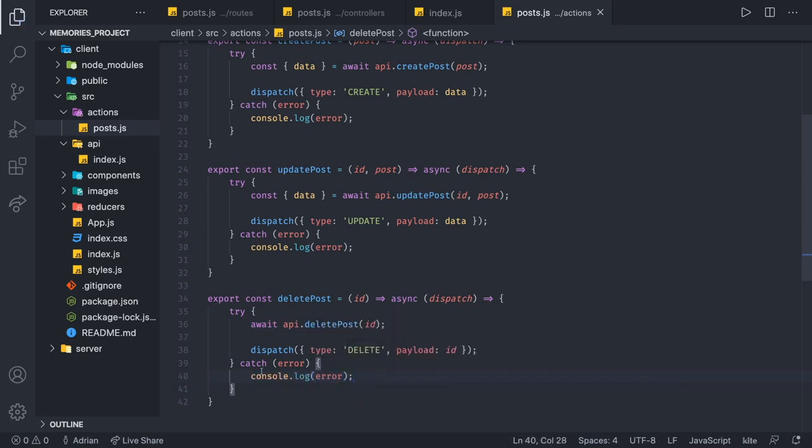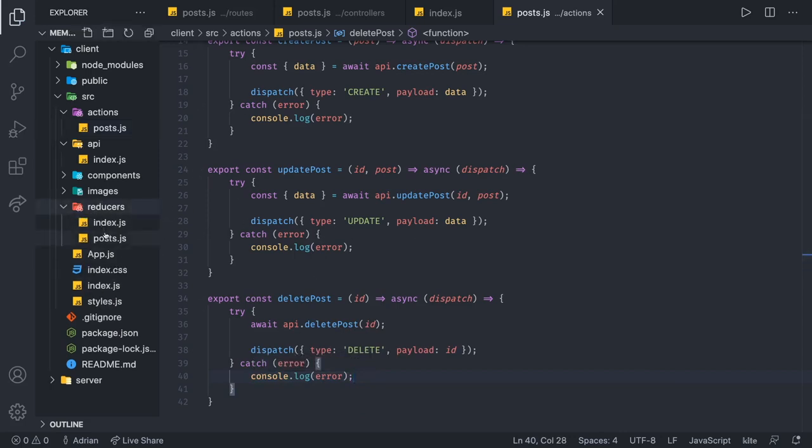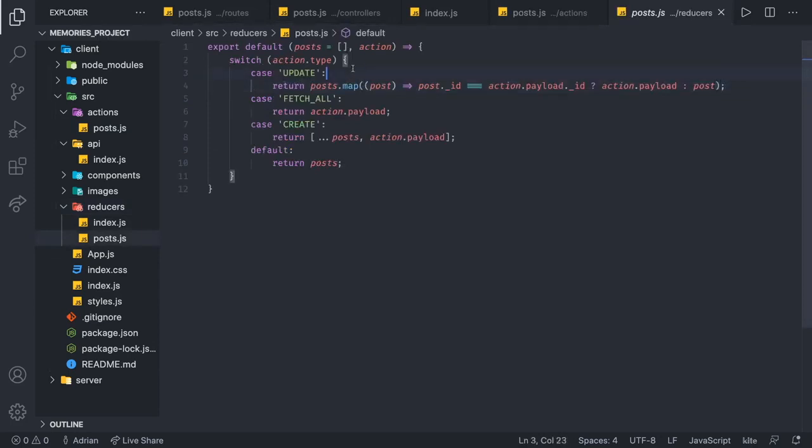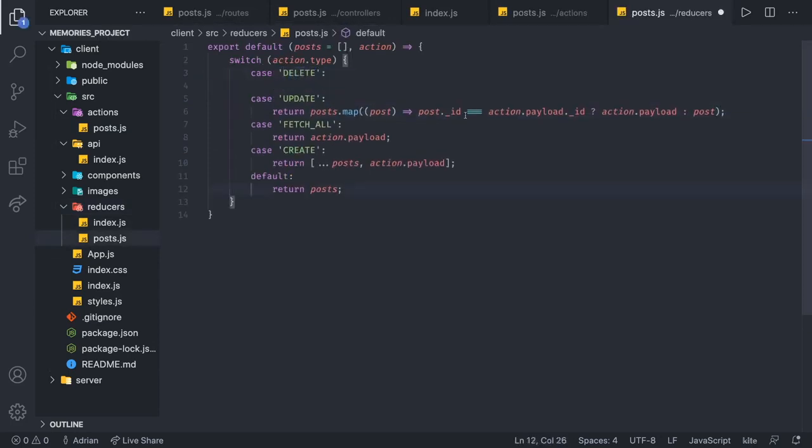Now, one more time, where do we go after we create an action? Well, we go to reducers. So in here, we're passing over the ID and that's gonna be under the type of delete. So inside of our posts, we have to implement that delete right here. And now what are we going to do when we delete something? Well, it's going to be really similar to the update, but just a bit simpler. We're going to return